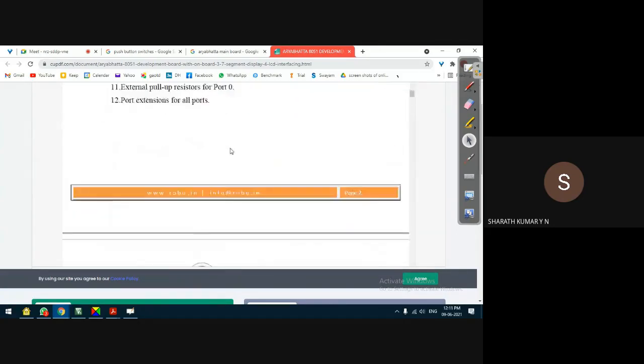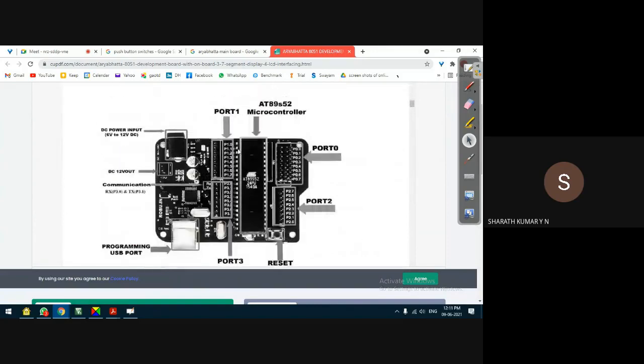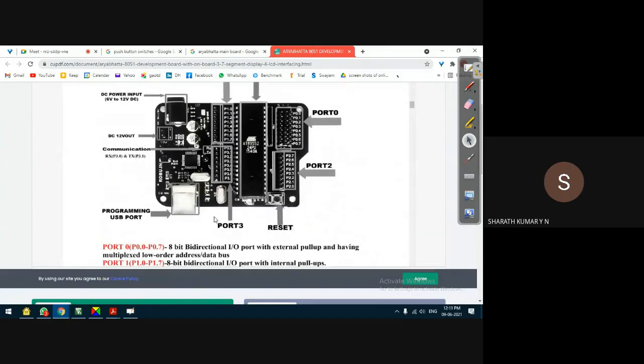This is the oscillator base. You can see the oscillator here, which generates the frequency for the microcontroller. That frequency is written above the crystal.